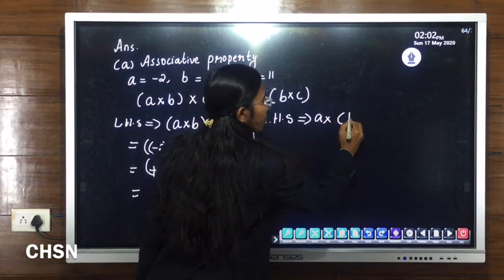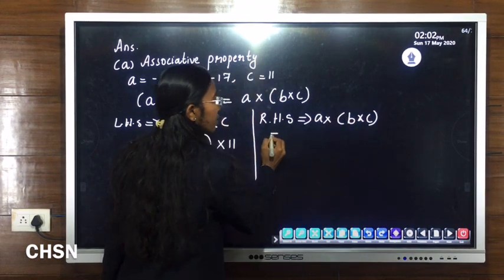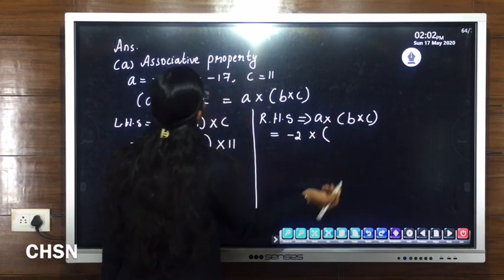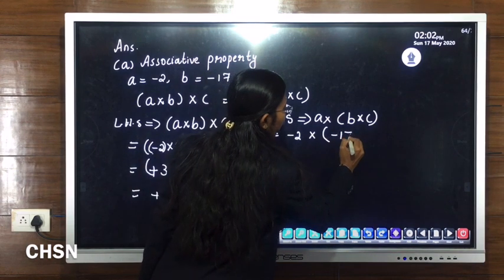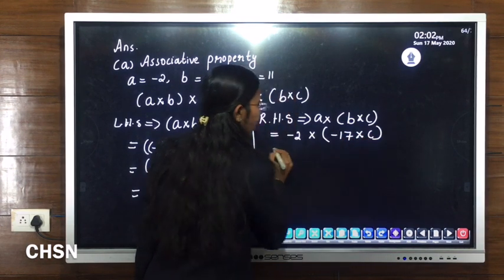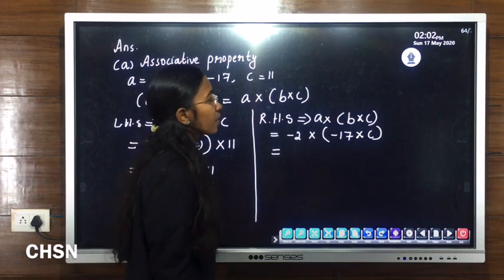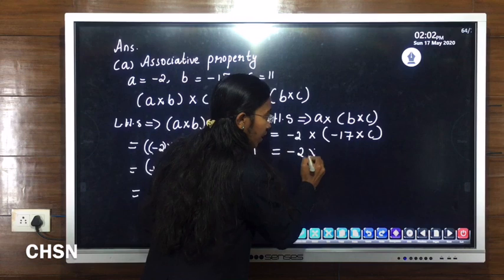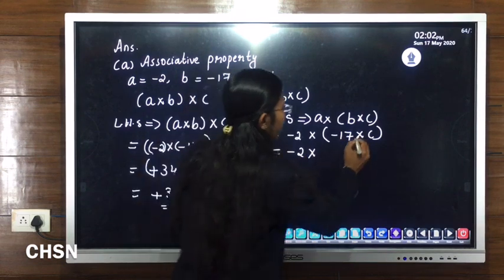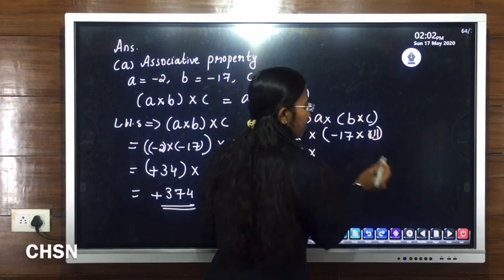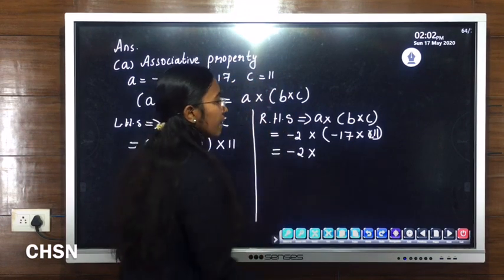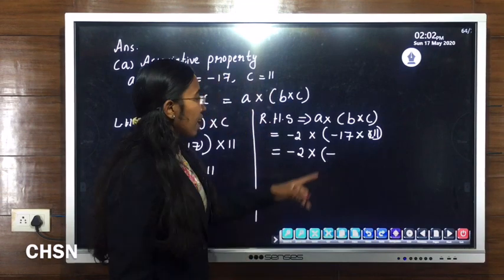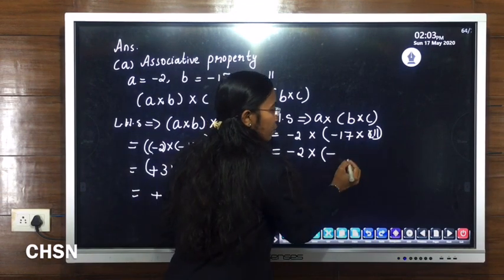A into B into C, and substitute the values. That is minus 2 into, what is B? Minus 17 into C. So first we are doing the operation inside the bracket always. So minus 2 into, what is minus 17 into C, here 11. Minus 17 into 11. That is, one is negative and one is positive, so our sign is always negative, and 17 into 11 is